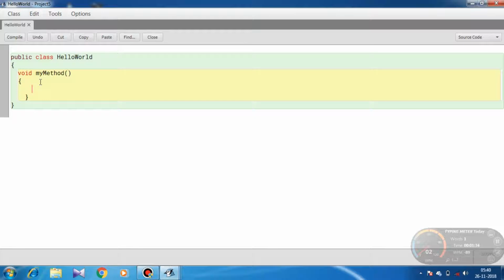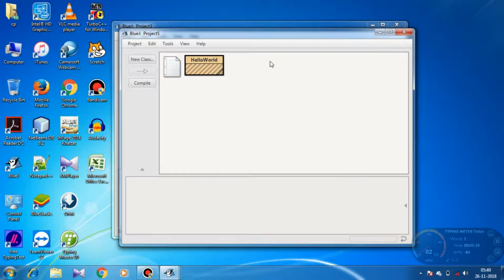Now compiling and executing a program. Compiling checks for errors. Here you can see compile, and if error free, then it converts the program code into machine code. Executing a program runs this machine code created by the compiler. How to compile the source code in BlueJ? To compile this skeleton code, we have two options. Either we can right click here and then use compile.